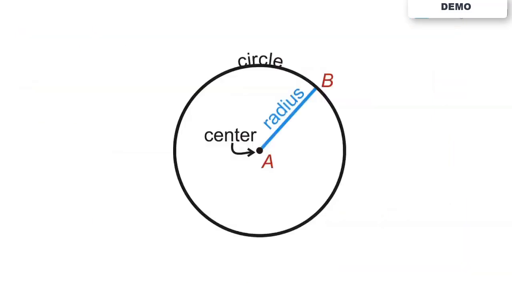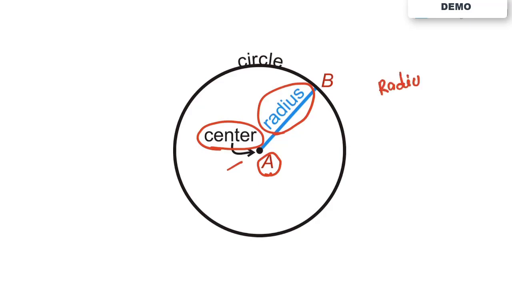Let's move further ahead and learn some basic terminologies that you already know from class 9. There are 2 points basically: the center of the circle and the radius of the circle. In the previous slide I already told you the fixed point, that was A, is called the center of the circle, and the fixed distance that all the points of the circle are at is called the radius. When you are supposed to draw a circle in your construction, you have to take care of that radius. Otherwise you would not be able to draw the asked circle in your question. So that is the radius.